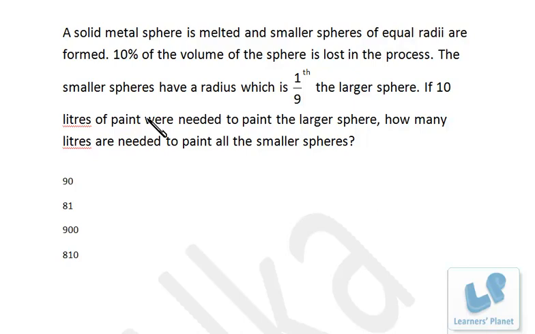You should be very careful when one body is converted to another body. When a body is converted to another body, shape doesn't matter, whether it is conversion from a sphere to a cylinder, cylinder to sphere, cube to cuboid, cuboid to cube, or any other. The volume remains the same unless it is mentioned that there is any loss of volume. Volume will remain the same, but obviously there will be a change in surface area. So be careful about it. Particularly in this case, in this conversion from the larger sphere to smaller spheres, 10% of the volume is being lost.